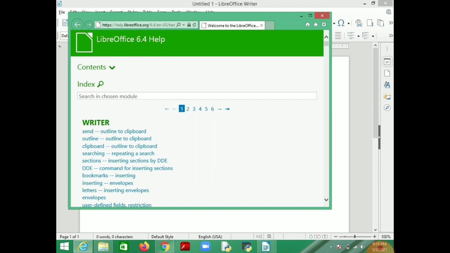So it will open in the browser and a window like this will appear, and different topics as per your needs are given here, or you can search them in the search box. So it gives you the answers related to your queries.